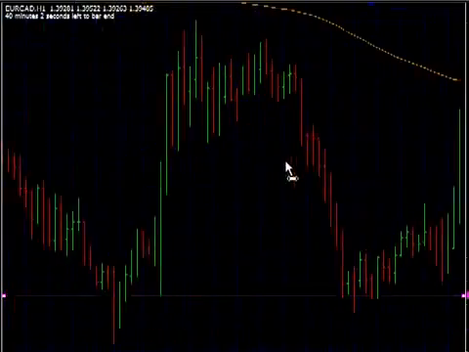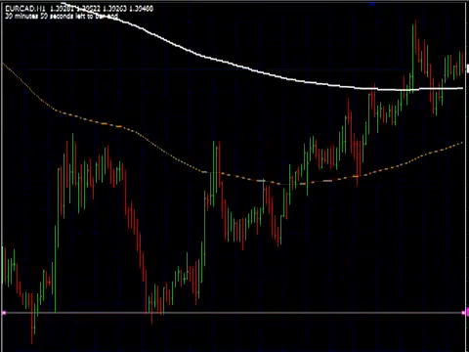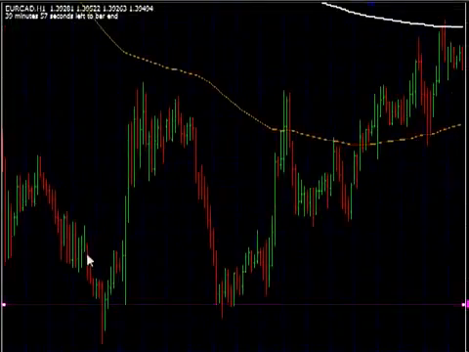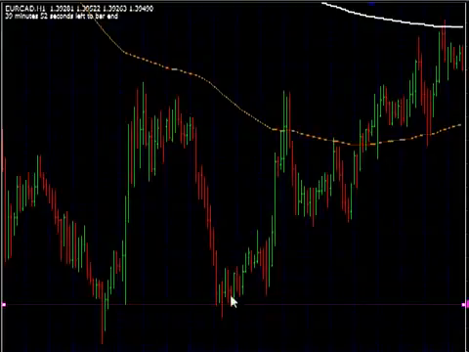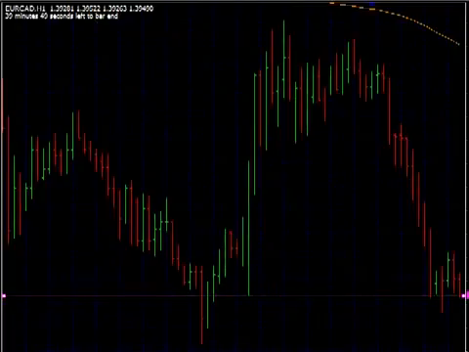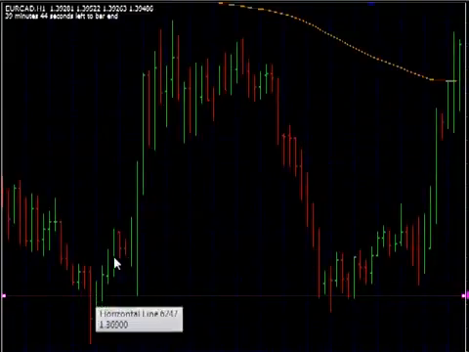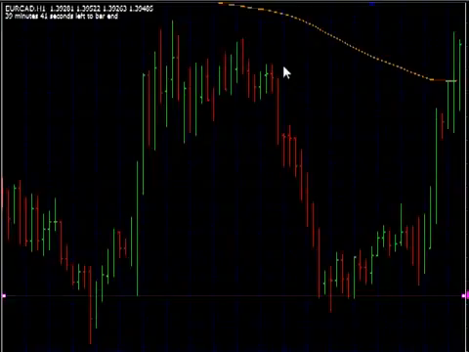Let me zoom this out a little. So this is the double bottom. Can we see here? This is the double bottom. Let me make this bigger a little. So price goes down, the first bottom goes up, gets rejected by the hour 365 EMA, comes back down,